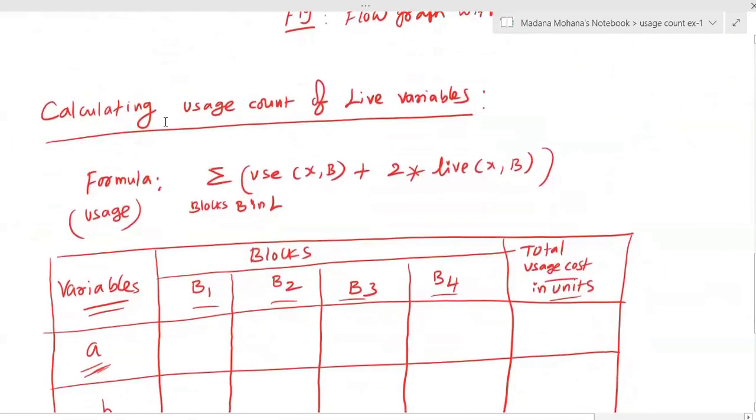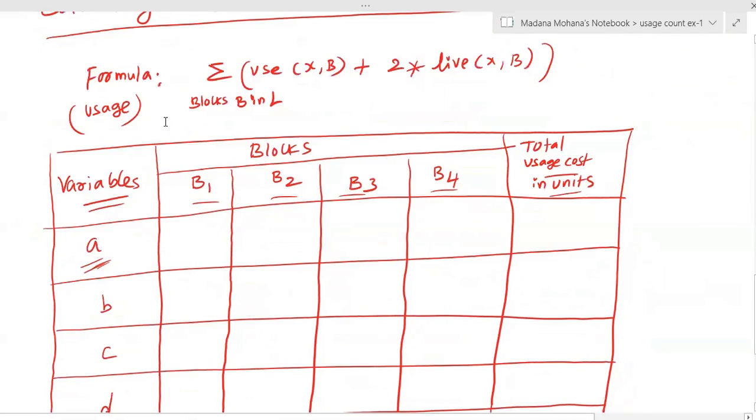Now let us see here. In this table, carefully you can observe all. Now for identifier A, B1 block, the use is, now you can recall once for B1, earlier the B1 is 2, not 1. So now for B1, use is 0. Use is 0 plus live value is 1 means 2 into 1. 2 plus for B2 block, use is 1.